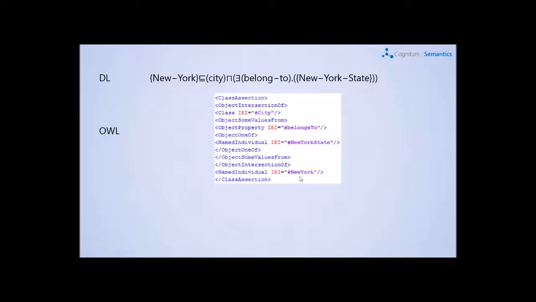So it's the same idea, but it's a different way of writing. Probably if you are a programmer, maybe this could be more intuitive for you. And then in the OntorionCNL, this is possible. It's possible to write it by saying that New York is a city and belongs to New York State. So as you can see already here, that